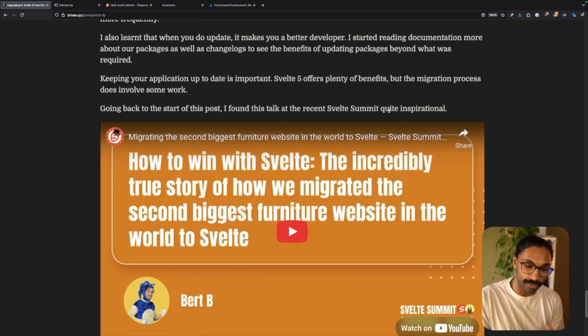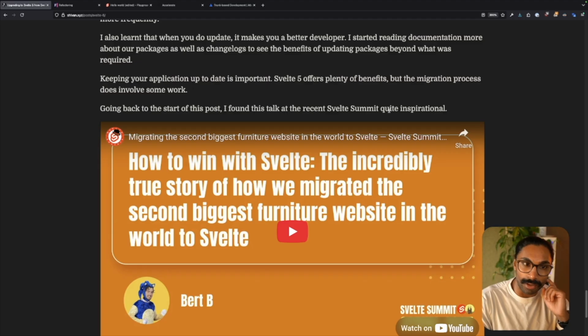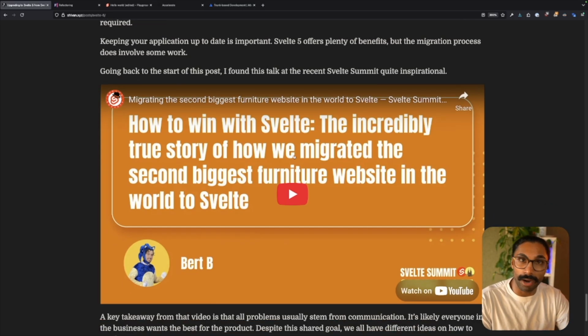He talked about how everyone in the business wants the business to do well. Everyone wants the website to do well. No one's against you, but the problem comes in that we all have different ideas on how we want to approach that. And obviously his idea was to migrate to Svelte 5. Some other people in the business would be against that, so